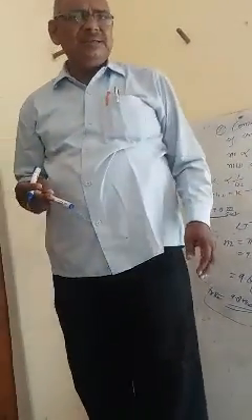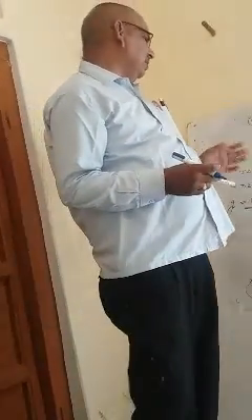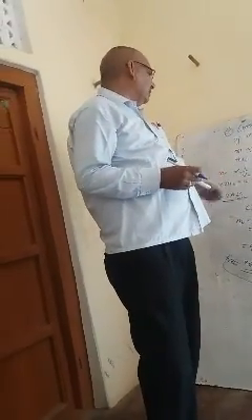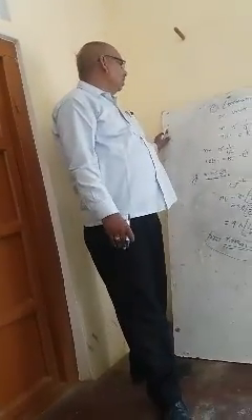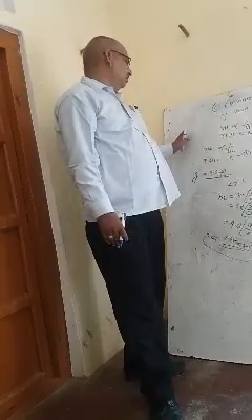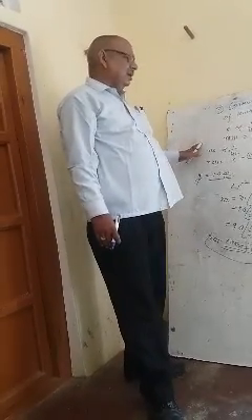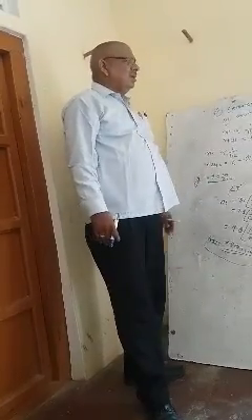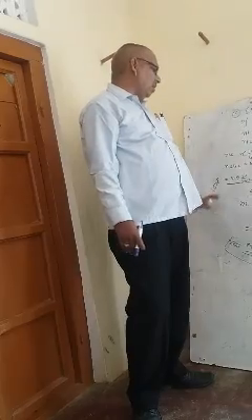The second question, write down. A car is accelerating with an acceleration of 5 meter per second square. If you want to measure distance in centimeter and time in minute, then find out the numeric value of acceleration.